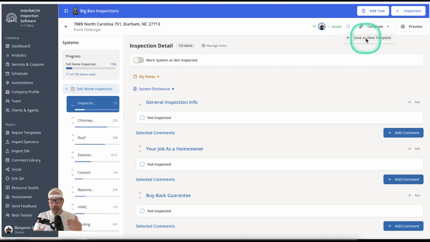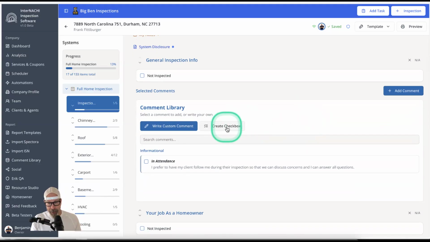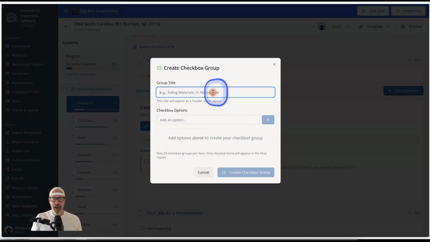Okay, here's how you add a weather checkbox, so you can just check off whether it's sunny or rainy or whatever. You go to a system. I have inspection details, so you can change it to whatever you want. I have a system called inspection detail, and then I'm going to add a comment under general inspection info. And I'm going to create a checkbox. This is my weather checkbox, and we're going to call it weather conditions